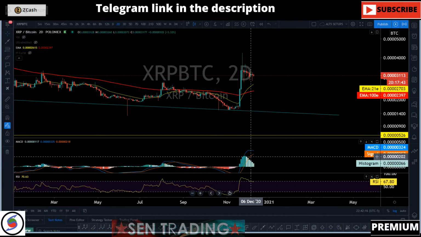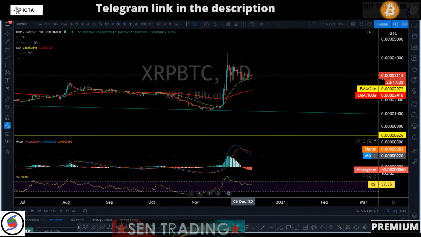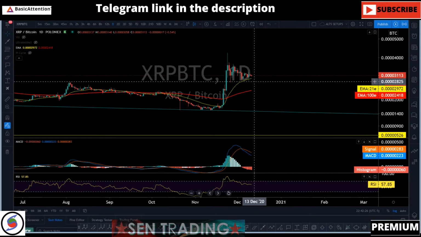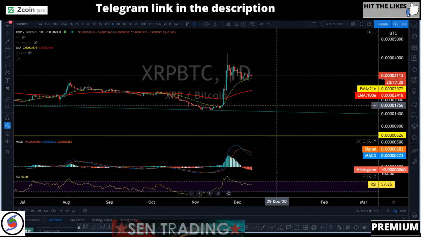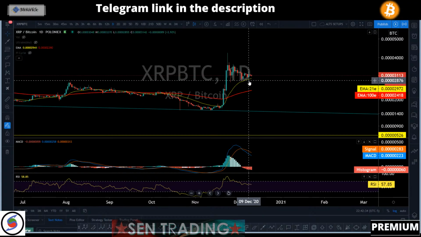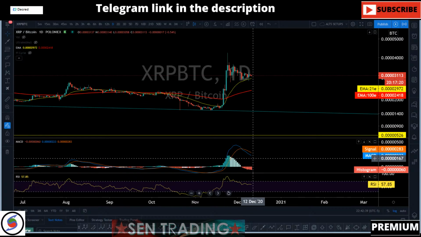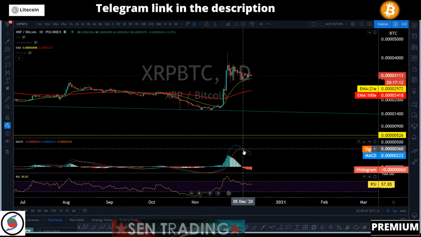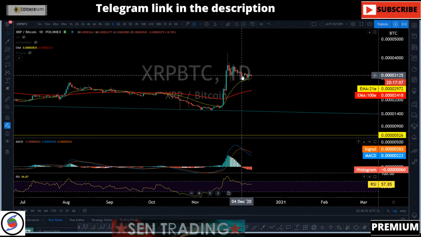So MACD still looks good. No bearish crossover. Only on the daily time frame we got a bearish crossover, but price action is still above the 21 EMA. So it is not that bearish if you just pay attention to daily and higher versus BTC. Strong support right there. Yes, it is bearish because you might be getting a low volatility sideways correction. That's how you could look at it. Bearish crossover means either sideways correction or trend reversal, and we're getting a sideways correction.